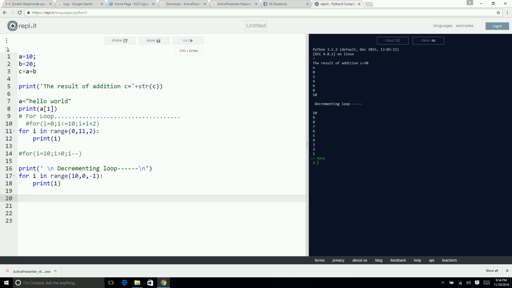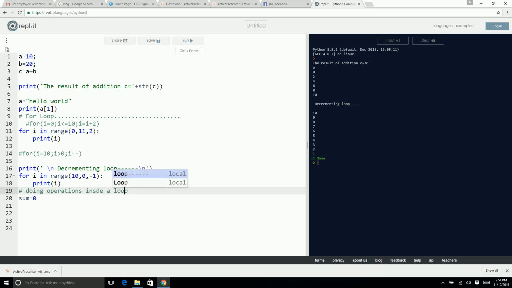So let's say a variable sum equal to 0. Now, doing operations inside a loop. Let's say sum is equal to 0, for I